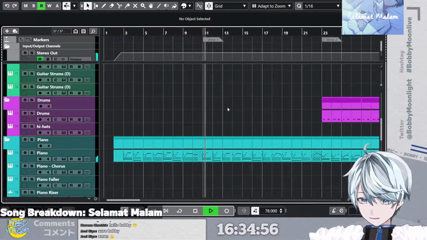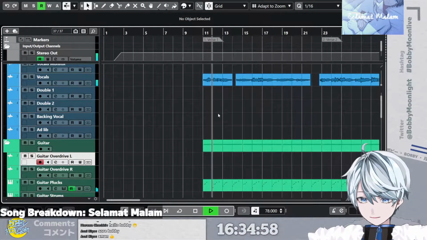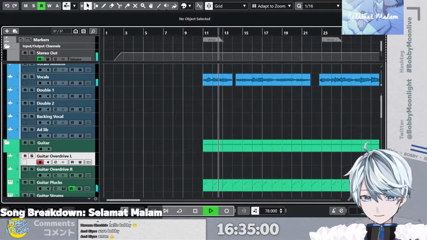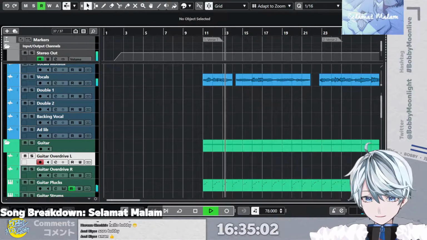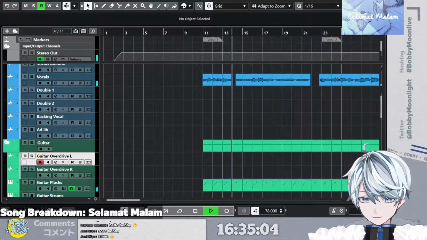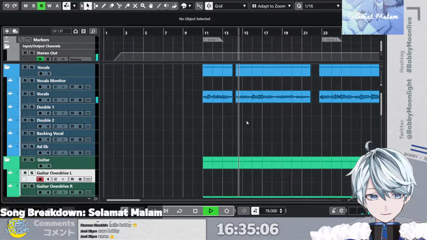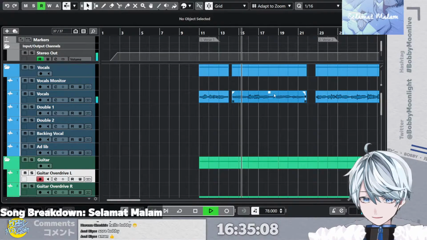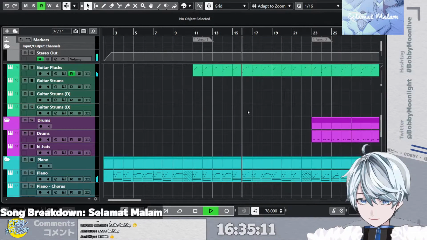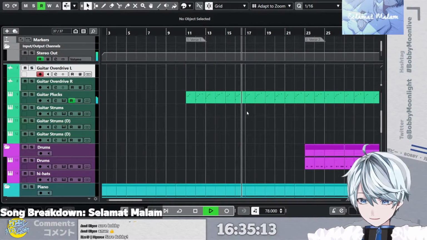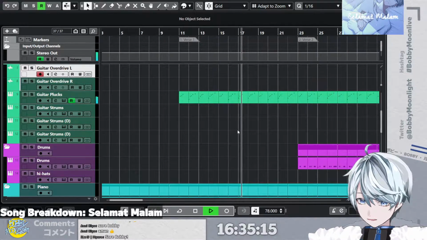Tidurlah, tak usah kau pikirkan apa-apa lagi. Aku di sampingmu. Yeah, so this is the vocals. Nyanyikan lagu ini agar